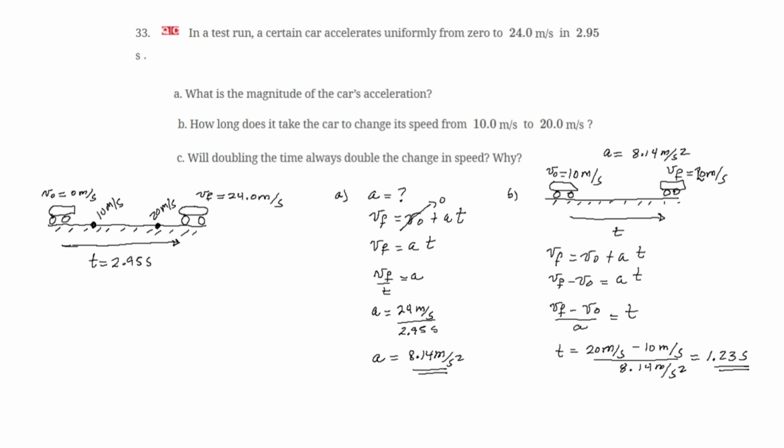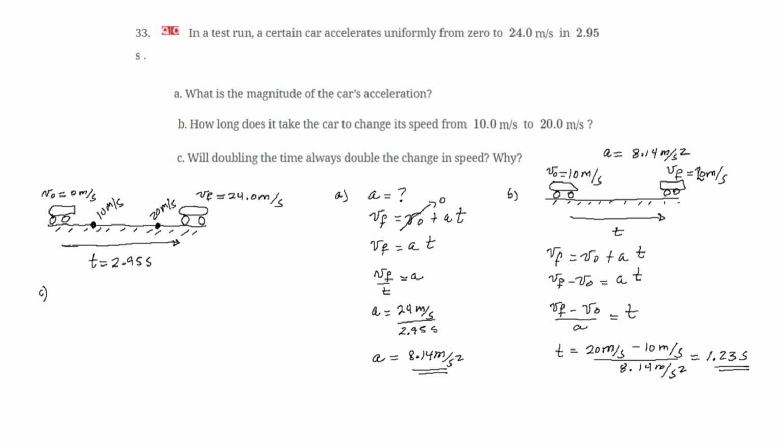Let's see the last question. They say, will doubling the time always double the change in speed? Explain why. Well, let's see how we can analyze this. When we have questions like this, about how a quantity changes with the change of another quantity, it's always a good idea to use the formulas below, and to represent the change of the variable to see how it impacts the other variable. So we have v sub f